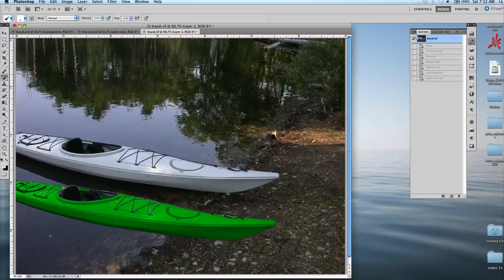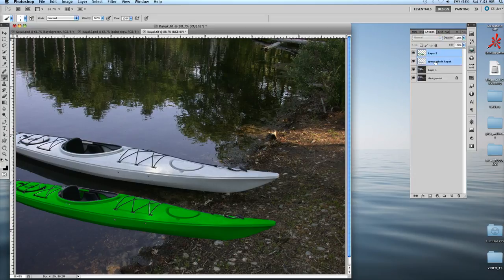Hi, so this is the fourth video tutorial for the kayak, selecting the kayak exercise. I just want to redo the last step, just in case, because it got cut off. So I'm going to start out by deleting the new kayak layers that I made, and